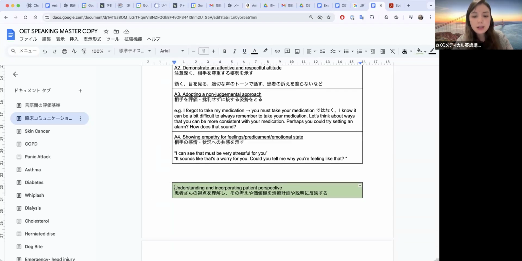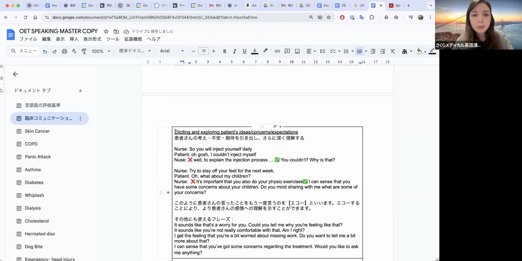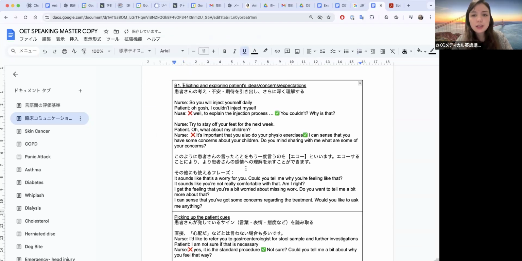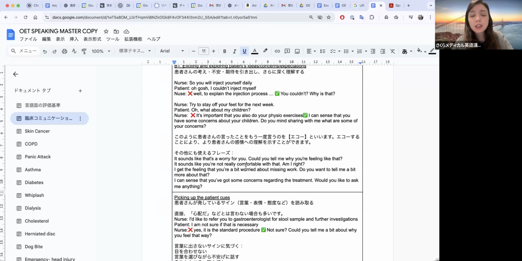So, next one is criteria B, understanding and incorporating patient perspectives. So we've got B1, eliciting and exploring patient ideas, concerns, expectations. So, for example, okay, so you inject yourself daily. Oh gosh, I couldn't inject myself. Well, to explain the injection process,